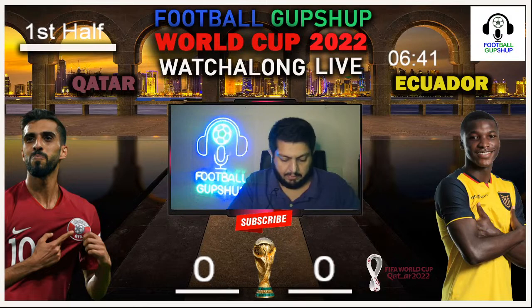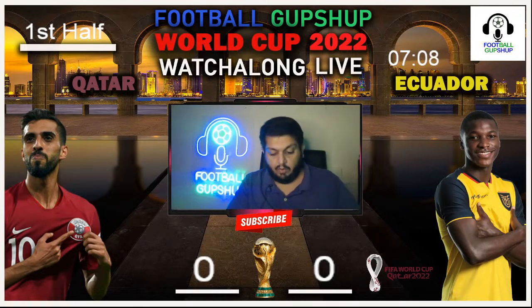Once again, the ball has been pushed back, and right now you can clearly see that it is with Ecuador. Ecuador once again with the ball on the left flank, trying to push the ball back towards Hincapié. Hincapié right now pushing the ball back towards the defense. So, guys, this is going to be very interesting to see what Ecuador can do now. The goal has been disallowed, and for some reason, I don't understand why it was disallowed. I don't think that was fair, but anyway, the goal was not given. So let's see what is going to happen.